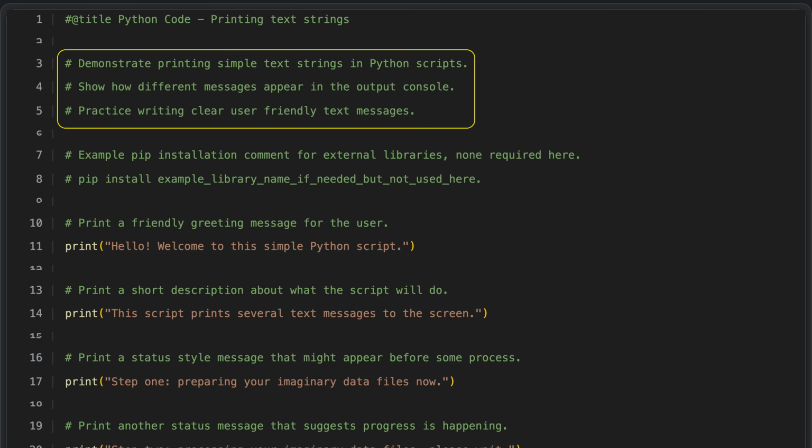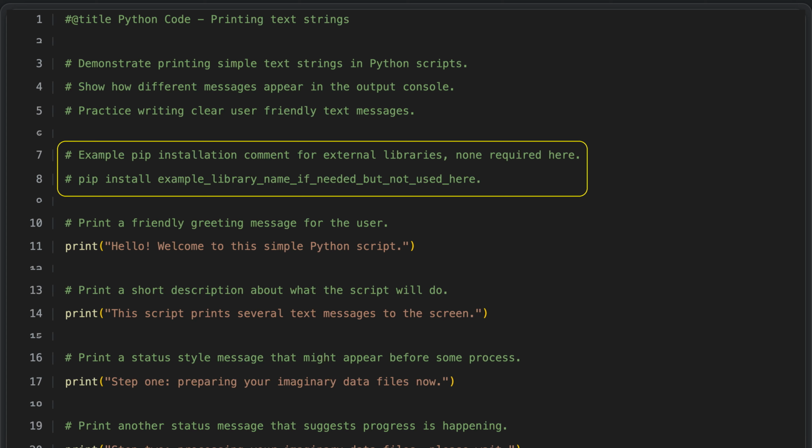program is communicating. This line is a comment that shows how you could install an external library using the Python Package Manager. It serves as a placeholder to indicate where you might document such a requirement if your script needed extra libraries. In this particular script, no external libraries are actually required, so the comment is only there as an example of how to note installation